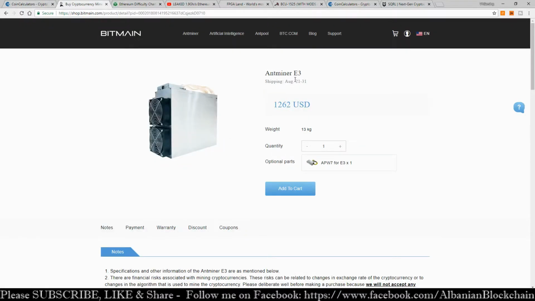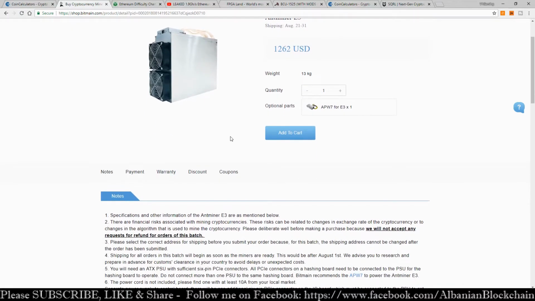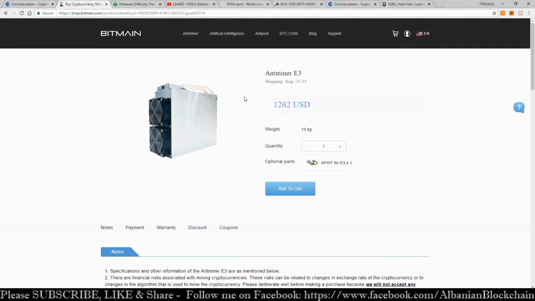As you can see, their Antminer E3 is now almost $600 less than it was before, obviously because of the situation of the market and of mining in general right now, so they had to lower the price. And I will show you now something strange happening,